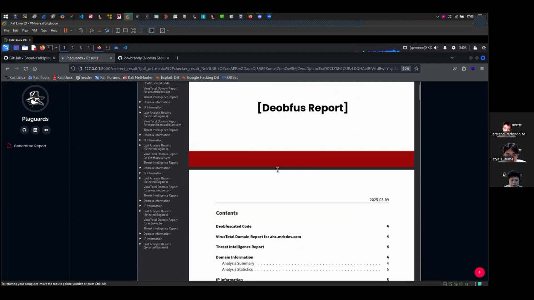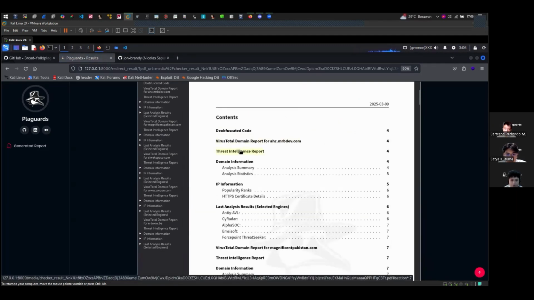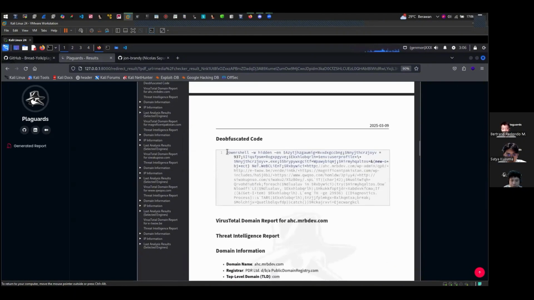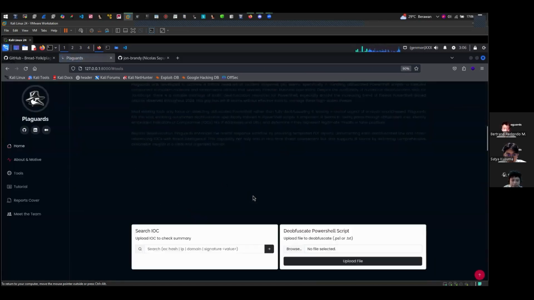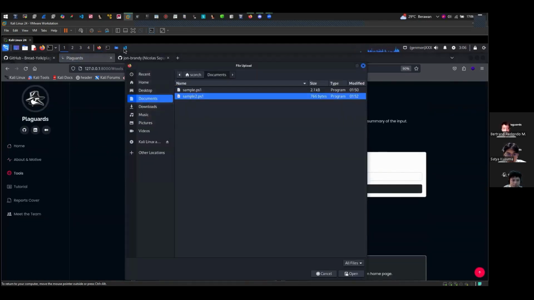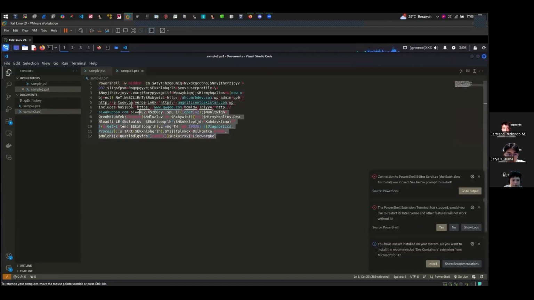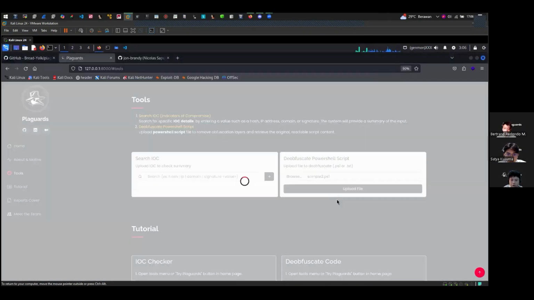As I mentioned previously, you can also crawl through the document by our list of contents section. But as you can see, the result is not beautified at all. It's still not easy to read. There are several syntax elements like backticks. So you may upload it once again. Sample 2, which is the previously deobfuscated script. If you upload it again, you shall see a more readable script result.